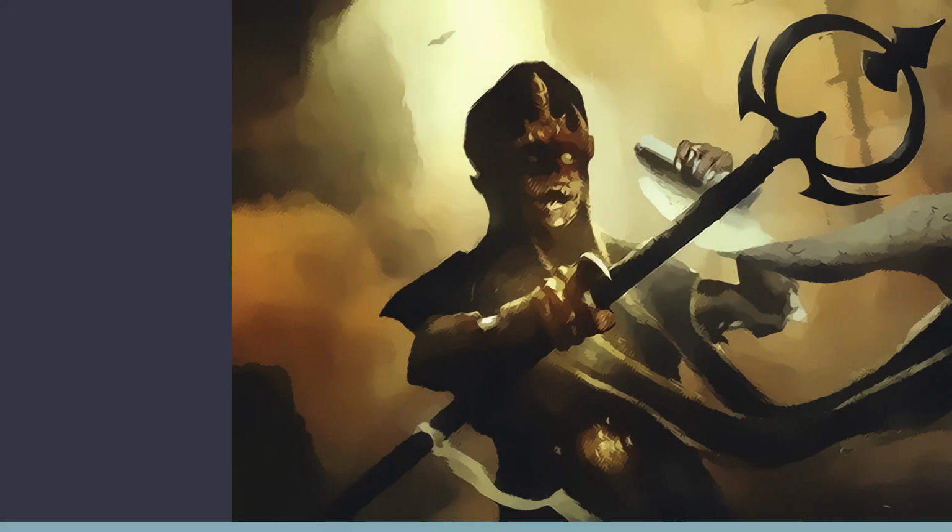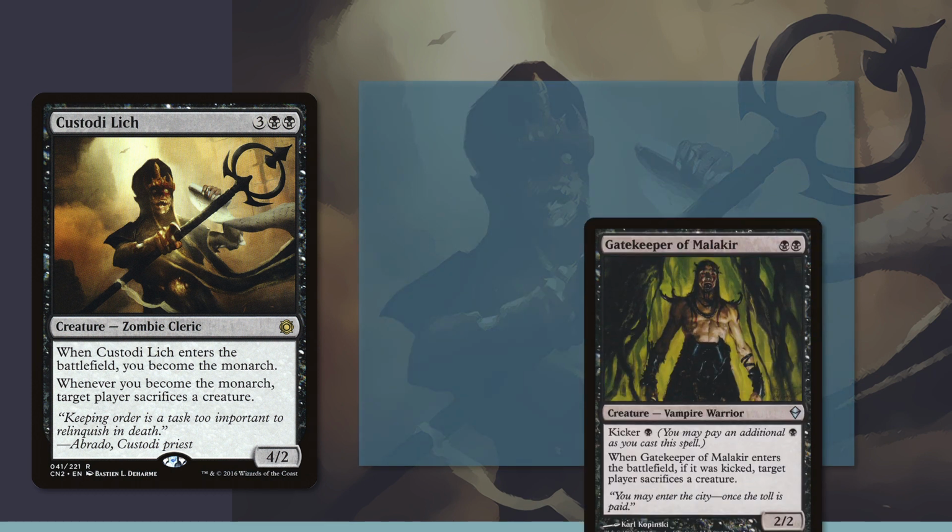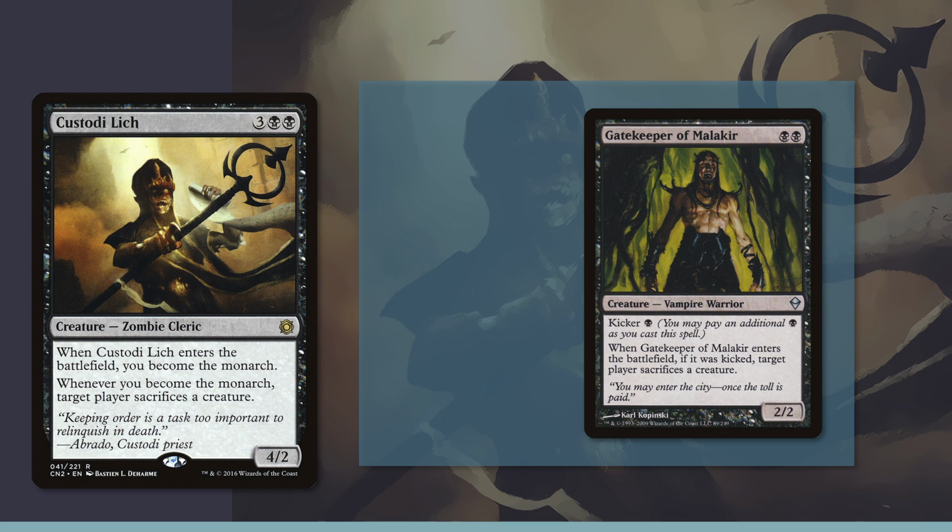Custodylich is the next best Monarch card, and there is a substantial gap between these top two. Lich is similar to Gatekeeper of Malakir, so it is weaker than Jailer for its inability to target. However, this card has some play to it, in that while the opponent is incentivized to try to steal the Monarch from you, they may also be punished for such a move